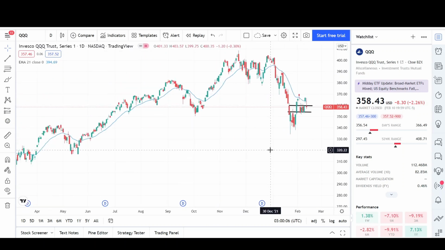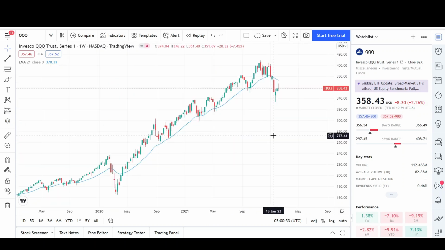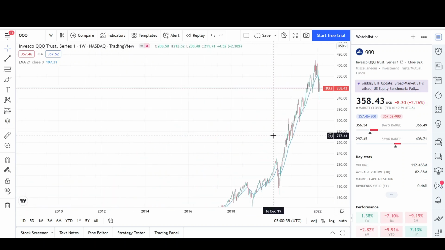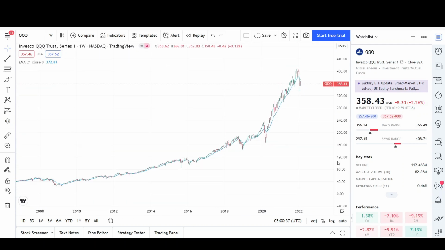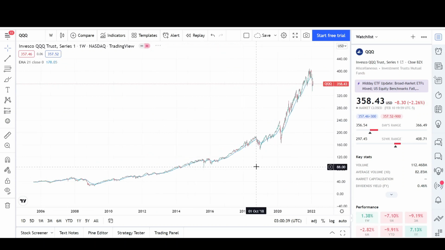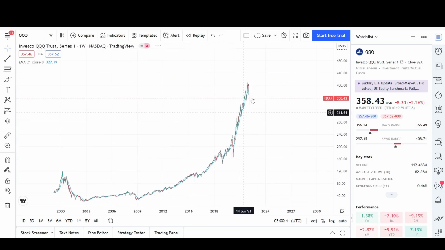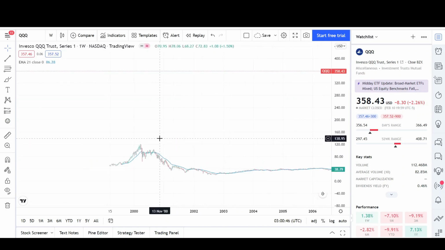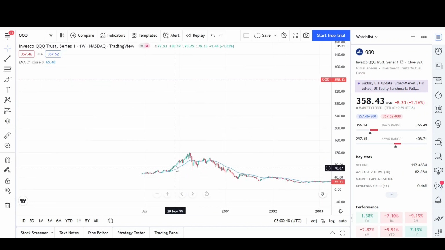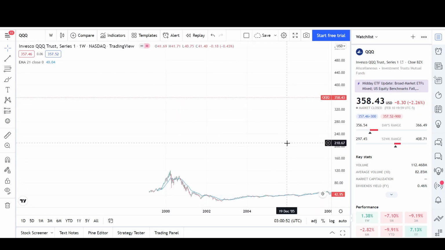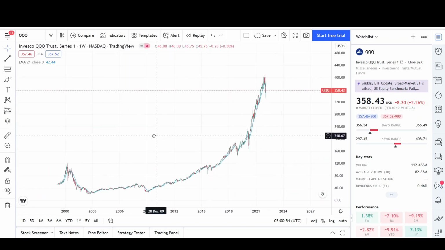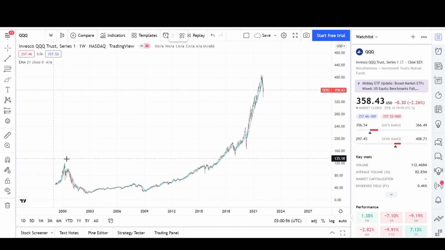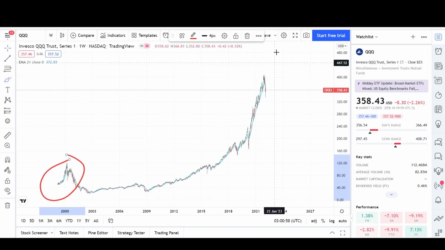Let's go and wrap this up on the weekly chart. So here's the weekly chart, and if I zoom out, you can see that this thing looks like a very, very strong unsustainable uptrend, kind of like we had back here in the dot-com bubble. You can see that's kind of like at the same angle. So you can see that we had this massive exponential move up before the dump. Just remember how that looks. And if we go to the more recent price action, this looks very similar. So something very similar